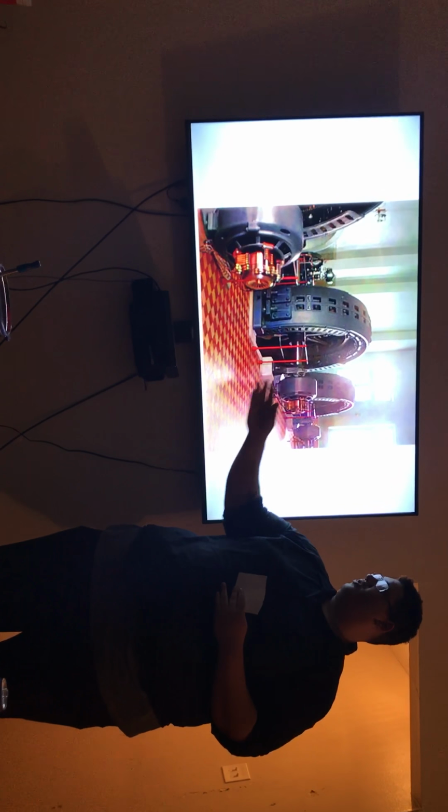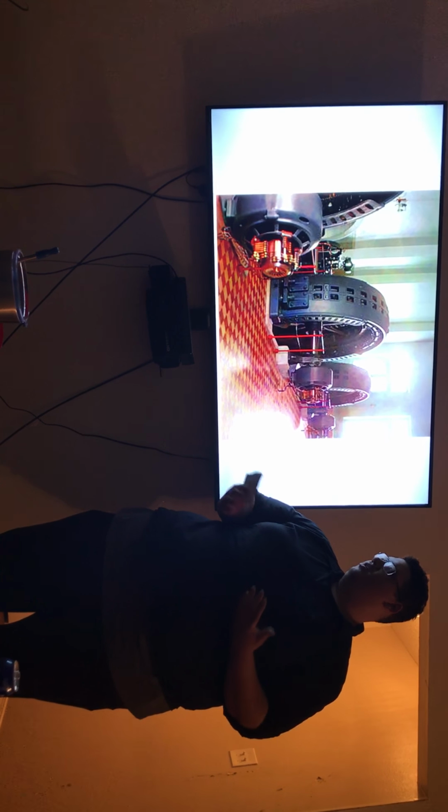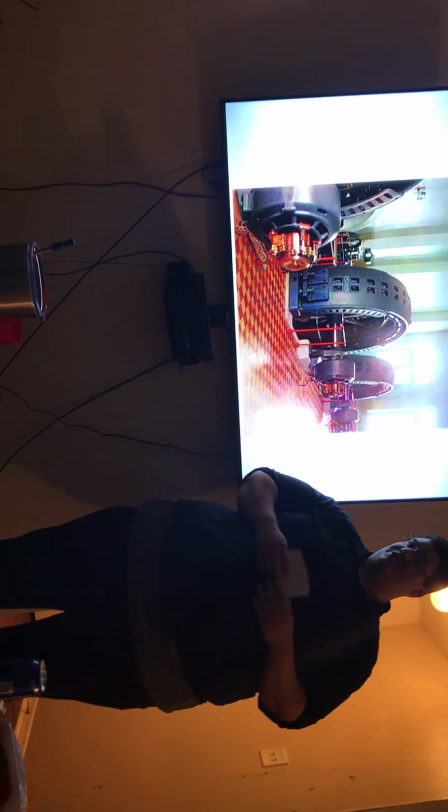But we still use alternators that are pretty big in size. This is mainly used in power plants or places where they need a lot of electricity,